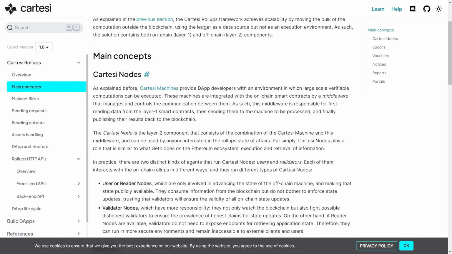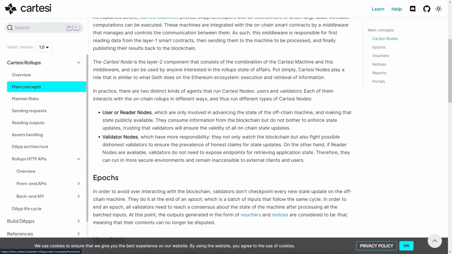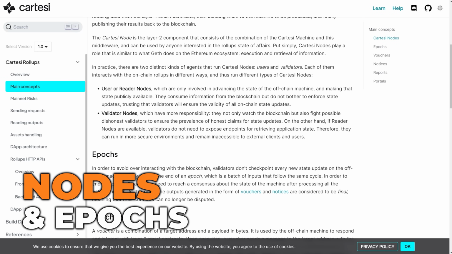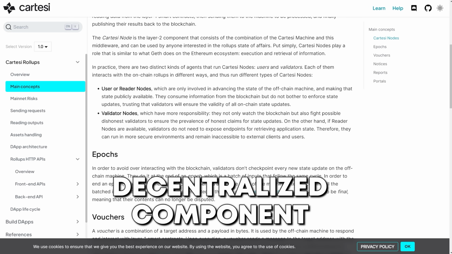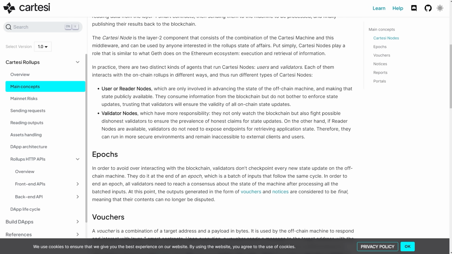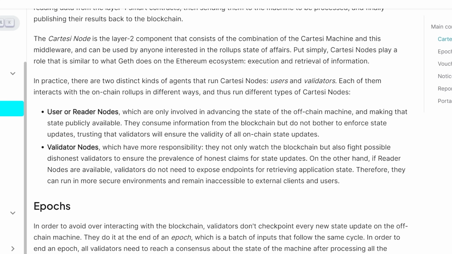Okay, now let's quickly go up here and we can talk about nodes and epochs. So we have nodes, just like we have in any type of blockchain network. And these nodes are the decentralized component, right? We have multiple people. Anyone can run a node if they want. Anyone can be a validator. Anyone can be a reader node in this case, or a user. Now, these normal nodes, user or reader nodes, are simply advancing the state of the off-chain machine